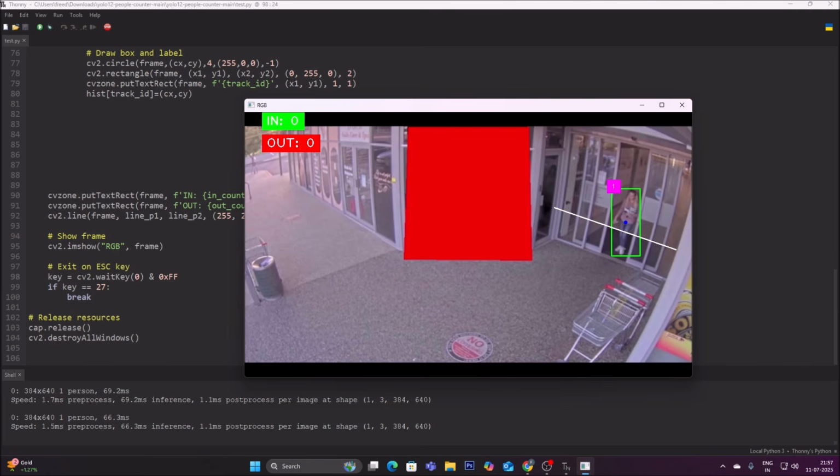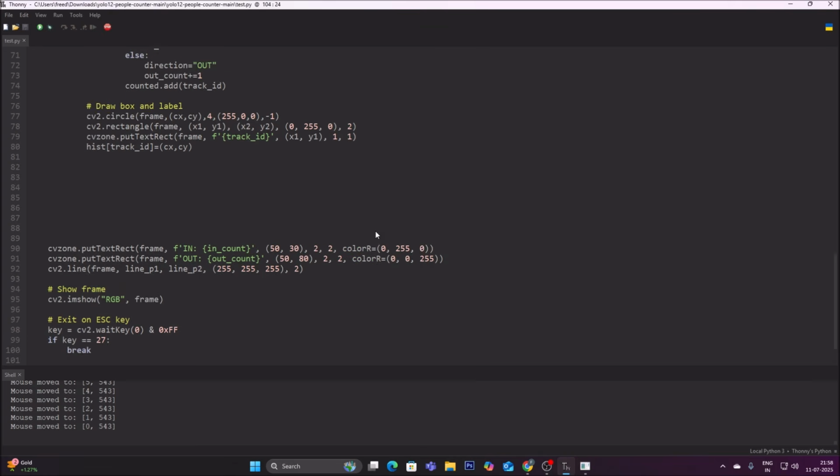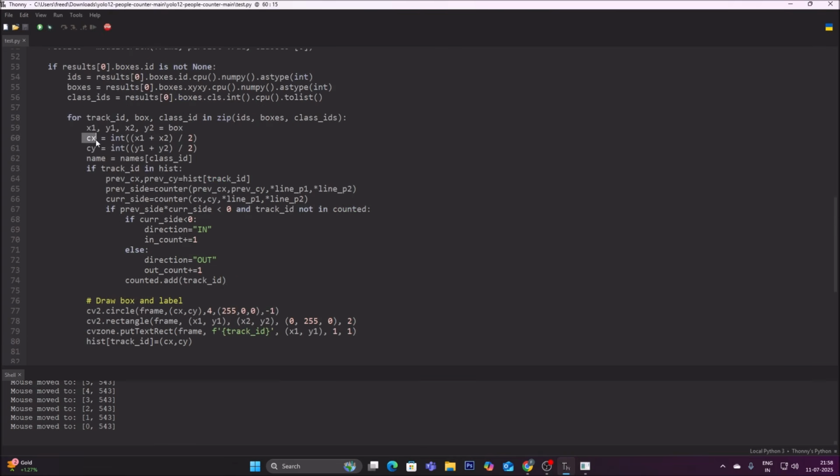With the help of Ultralytics, we have object detection, and we also have a unique ID. For this person, 1 is the tracking ID, and there will be a blue center point, as you can see. The blue center point is basically our cx and cy. cx is x1 plus x2 divided by 2, and cy is y1 plus y2 divided by 2. This is how we get each object's